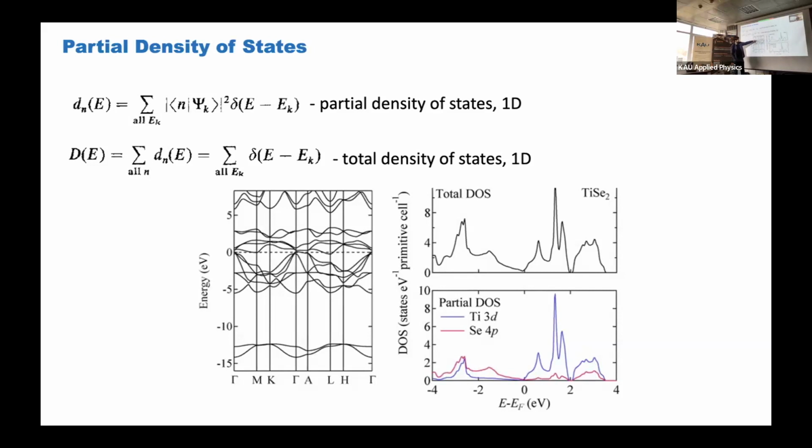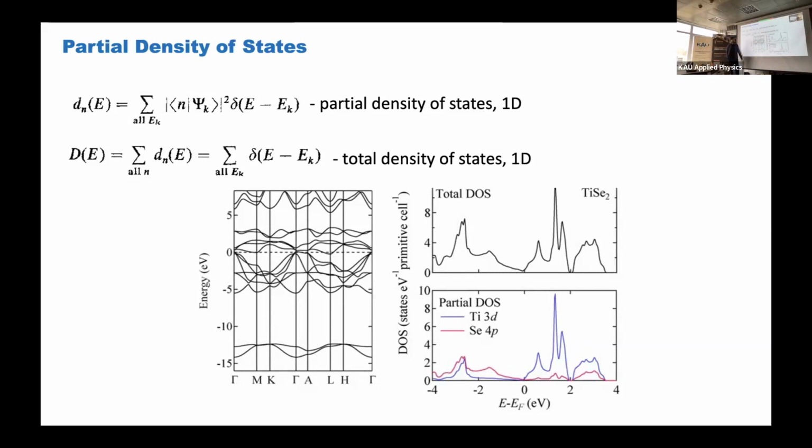But these other bands are mostly created by selenium 4p. You see, from -4 to 0, it dominates. This selenium 4p dominates. So we can say that here the valence bands are created by selenium 4p, and then